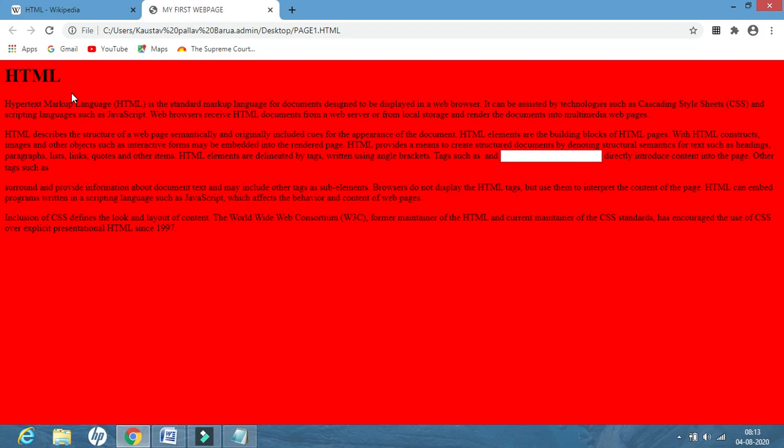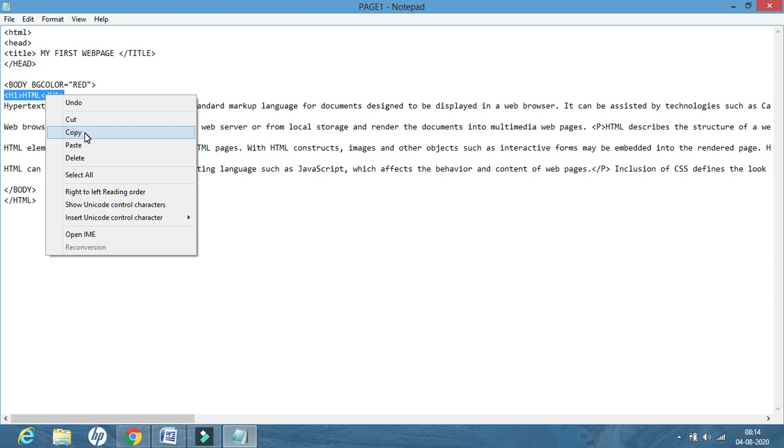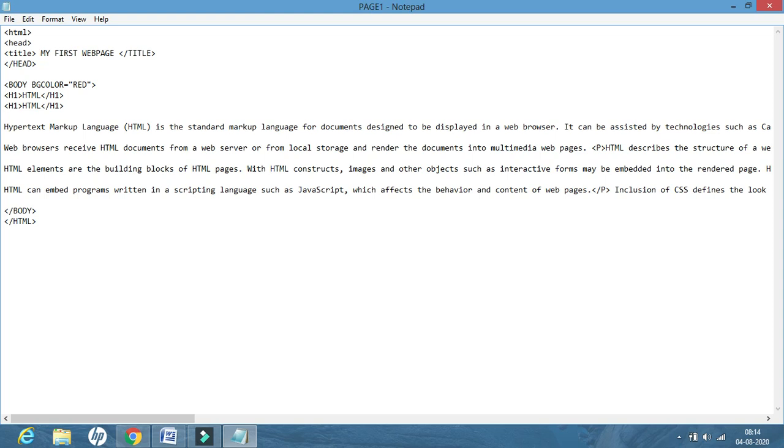This is the heading. Please do not get confused between title and H1, H2, H3, H4, H5 and H6. So whatever you will write inside title will be displayed here, and whatever you are writing in between H1 to H6, that will be displayed as the heading for your document. Now, what is the difference between H1, H2, H3, H4 up to H6? Let us see the difference. Just copying it and pasting it several times.